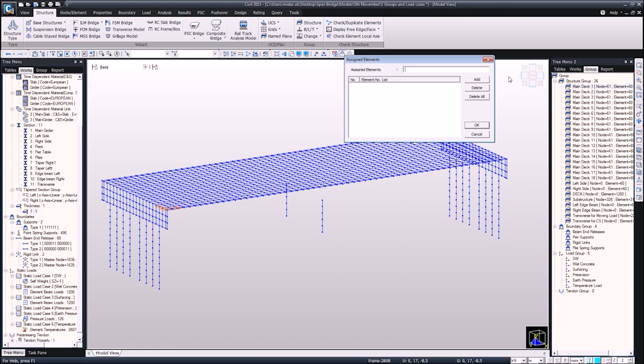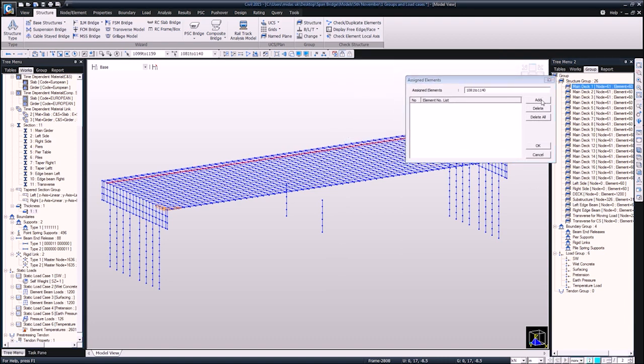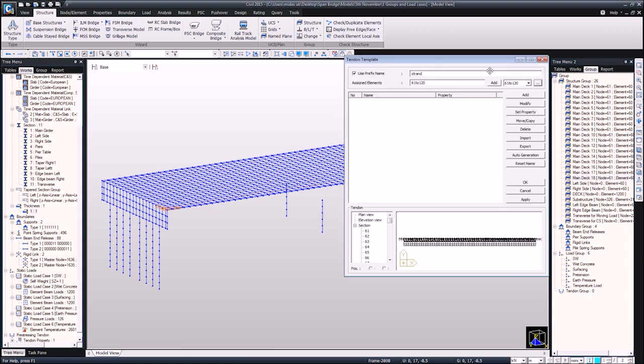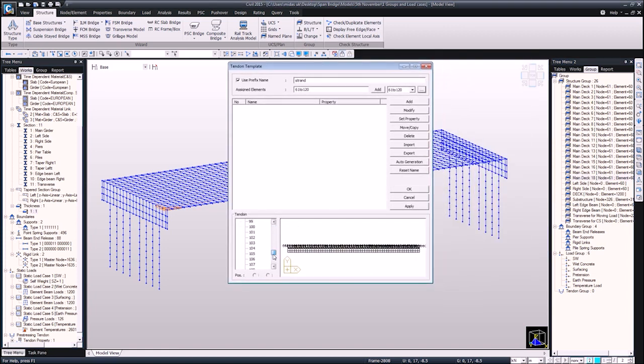Okay, so assign elements, and here I can just simply click on these and assign them. As you can see, in the meanwhile, when you double click on the group, the elements get highlighted and you can see which elements you're adding into the temporary group. Okay, 12, 13. Okay, and the last one, by pressing OK, you can see that all these elements have been added in,